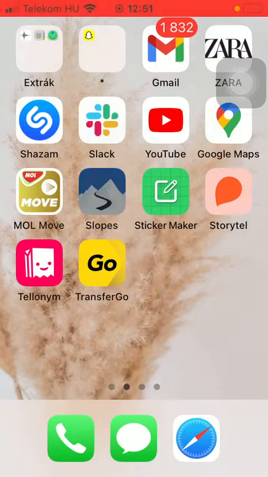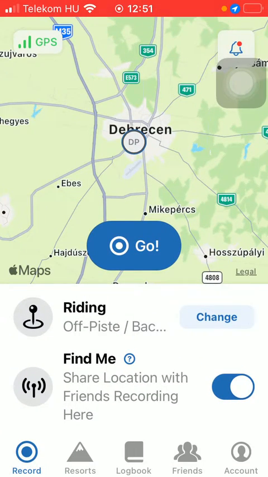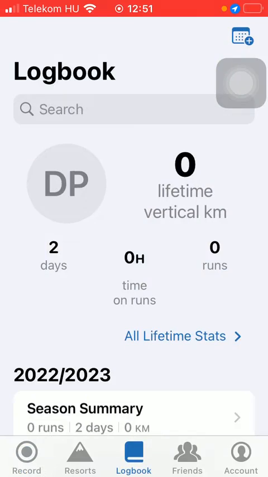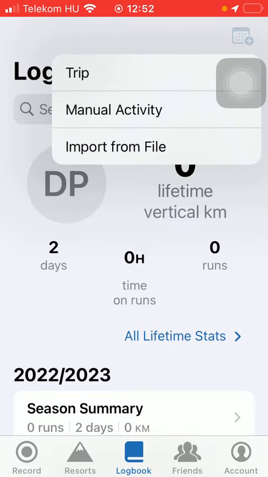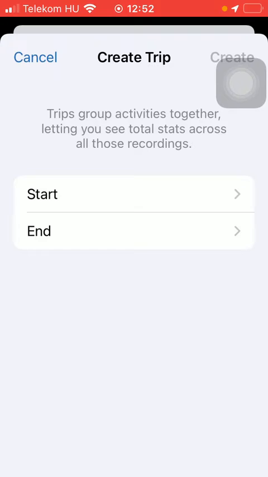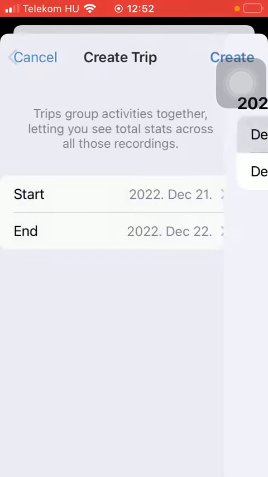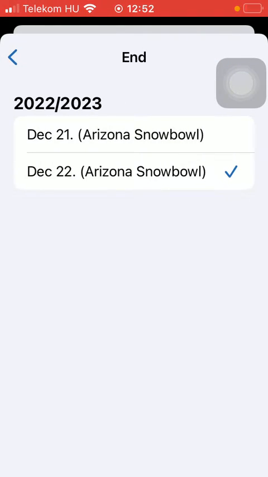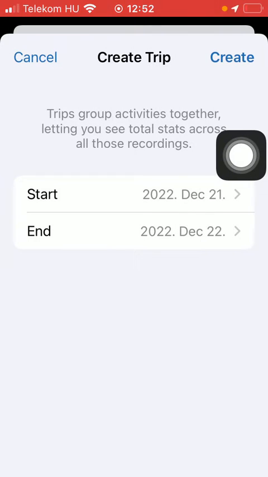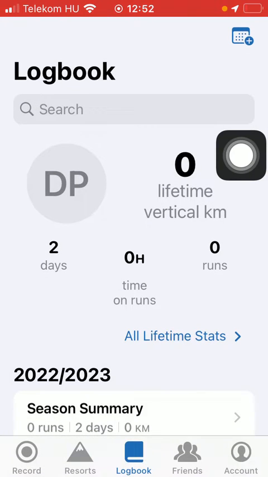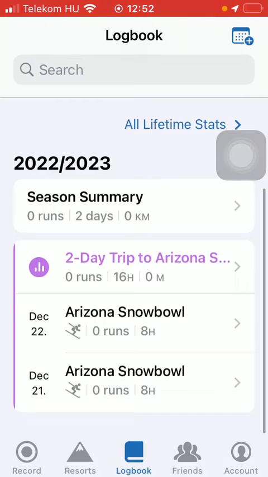First of all, open the app on your phone. Tap on the logbook button down below, which is the third option. Click on this calendar icon in the upper right corner of the screen and tap on trip. Tap on start to indicate the starting date and then the end too. Click on the button create in the upper right corner of the screen, and here is your trip added to